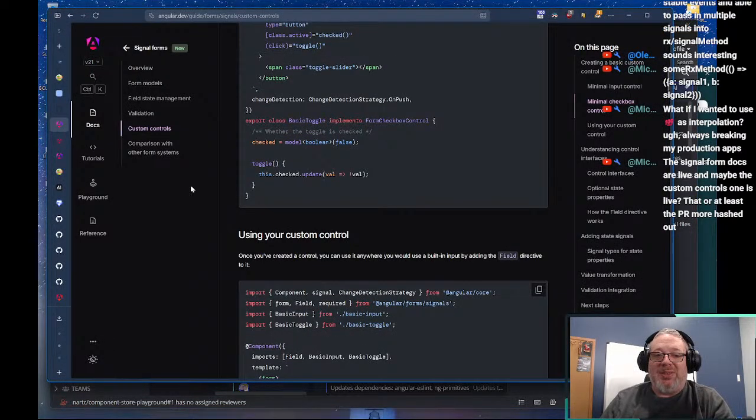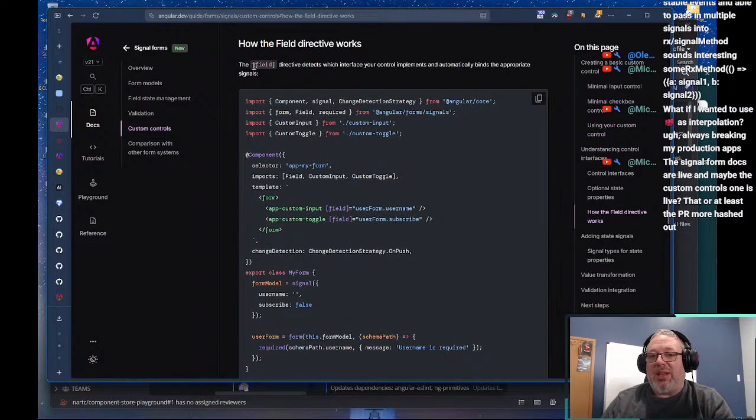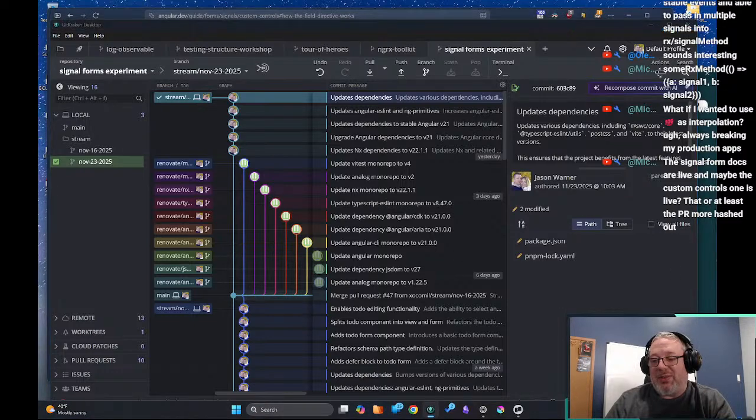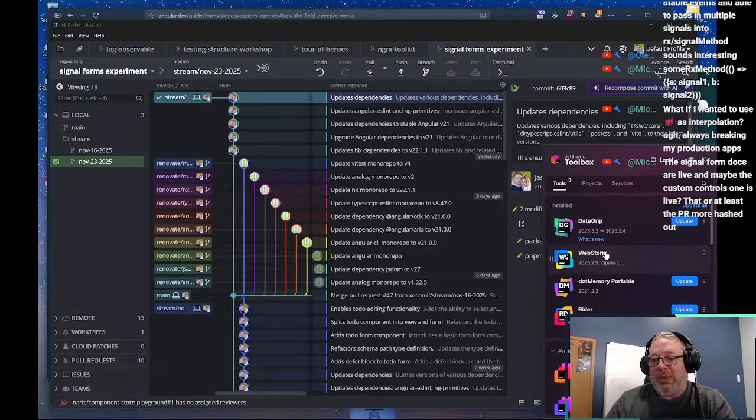And the reason I think that comes down to this section on where the field directive detects which interface your control implements. That tells me that if we're not implementing one of those interfaces, then the field directive can't detect it and it stops working. That's my guess. So let's go pull open WebStorm.